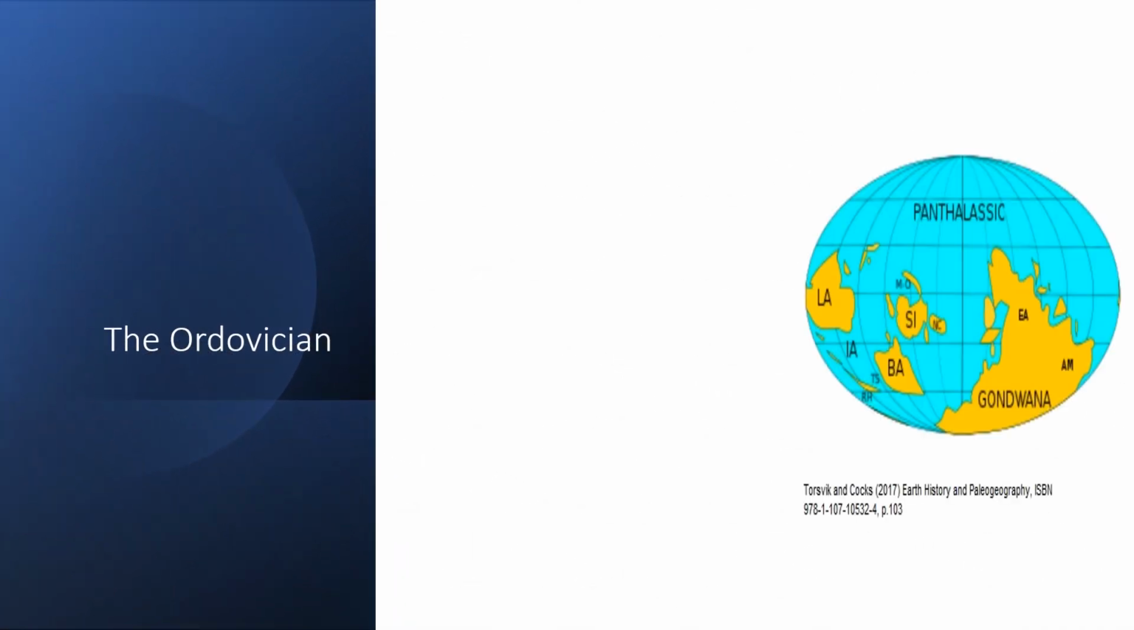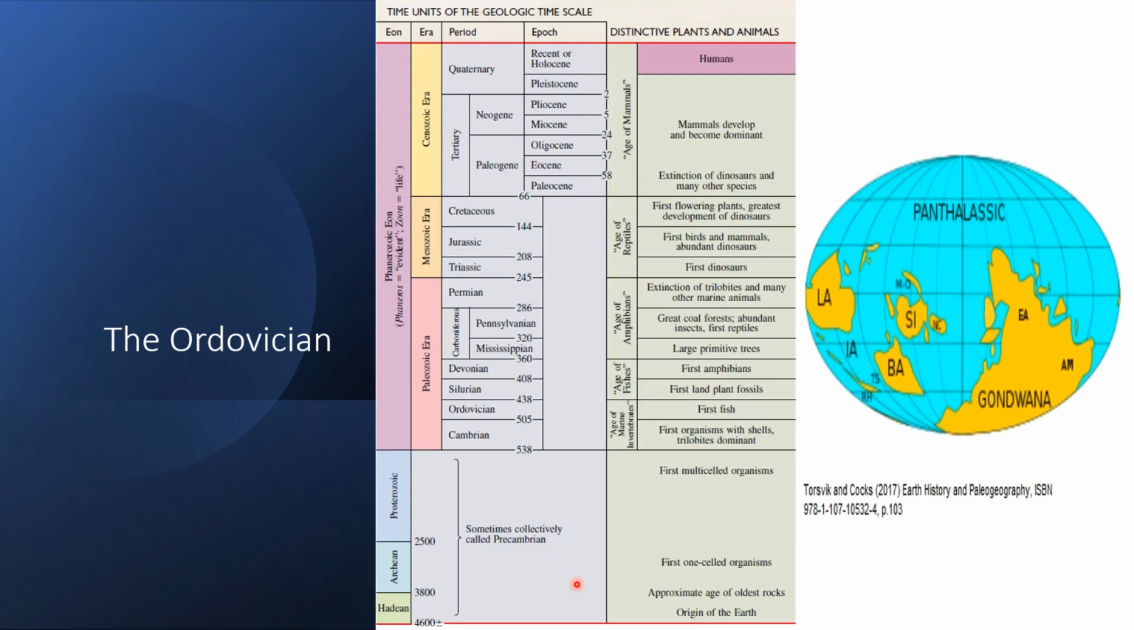The Ordovician period, the Earth shows up as shown here in this image, and the position of the Ordovician is shown here in the geological time scale, which is a part of the Paleozoic era. The Ordovician is separated from the Cambrian by a notable change in fauna, documented in the Welsh